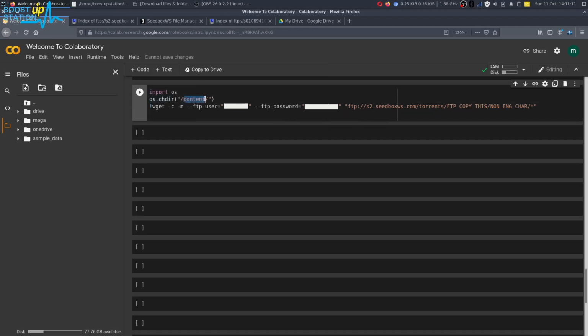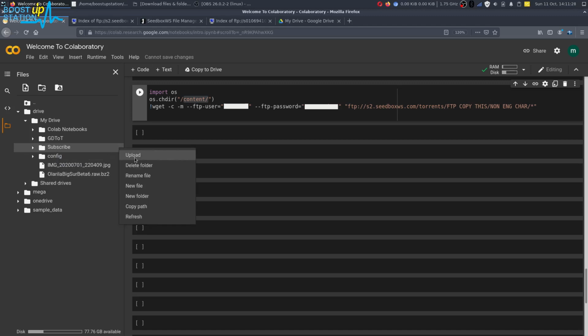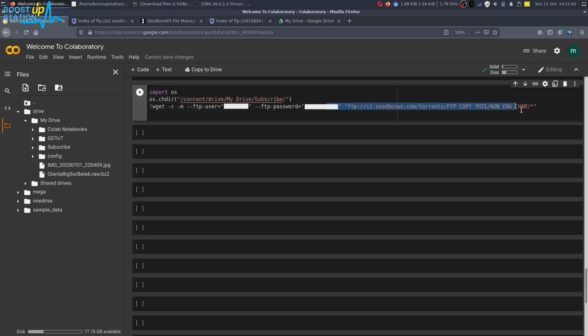Inside here you just have to place the location where you want to save the files. Like I want to go to the Google Drive that I have just mounted, and I want to save in My Drive. You can also save in the Share Drive. I want to go in the subscribe folder, so I'll click on these three dots, click on copy path and paste the path here, and place a forward slash after this. So this is the location where I am going to save the files and folders downloaded from this location. Let us execute this shell now.